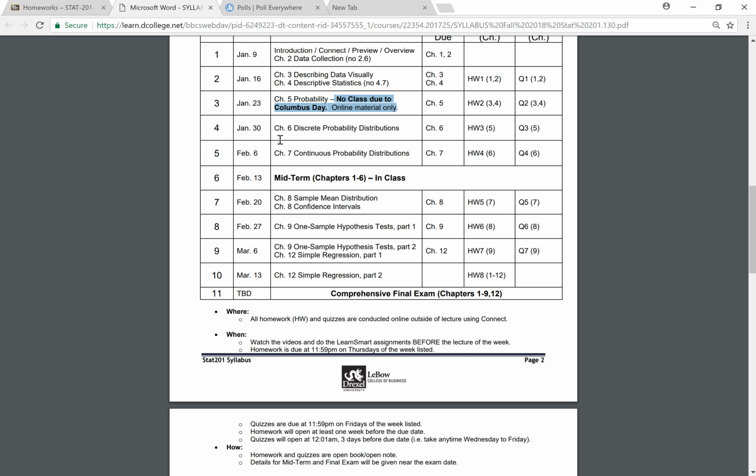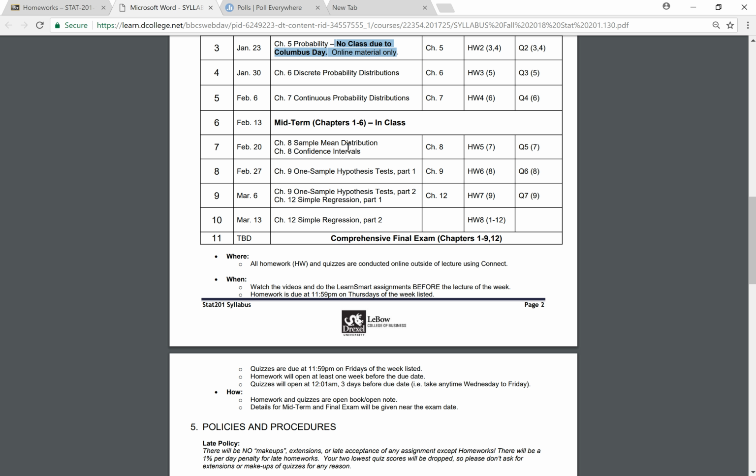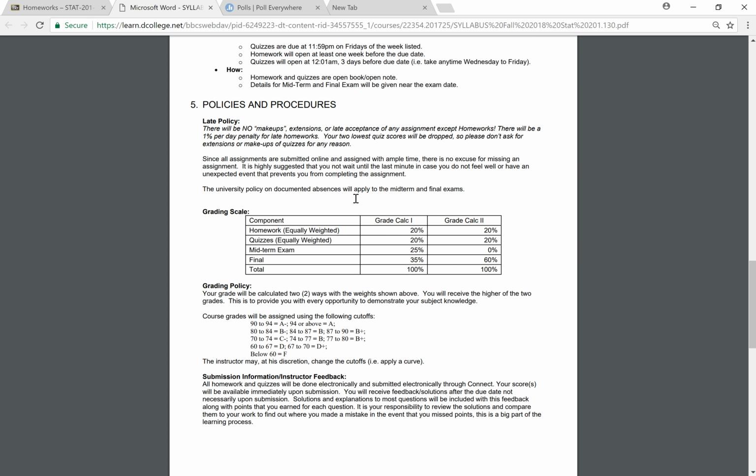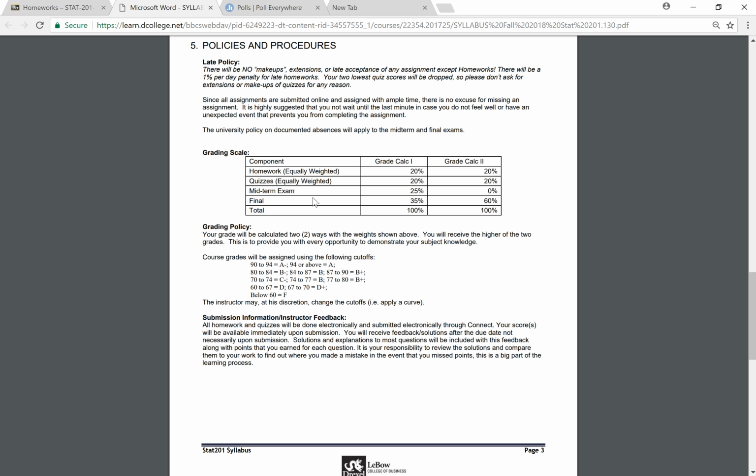All the material, chapters 1 through 6, will be on the midterm exam, so chapter 7 will go on the final exam, and chapter 8 is all about the sampling distribution for the mean and confidence intervals, and then we'll continue in chapter 9 with hypothesis testing, and that's kind of a big thing, so that's going to go into week 9, and then we'll get into simple regression weeks 9 and 10.